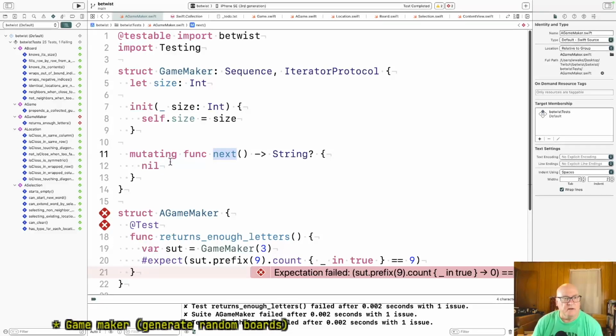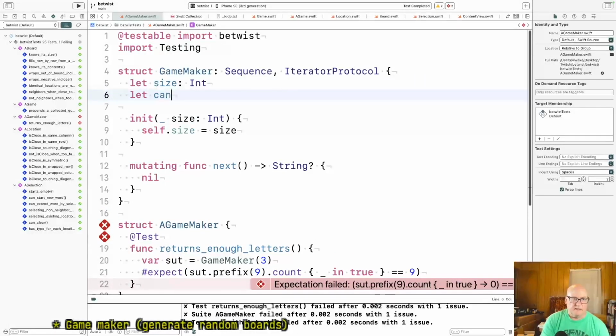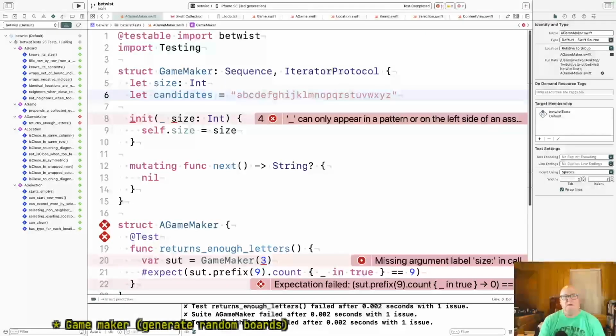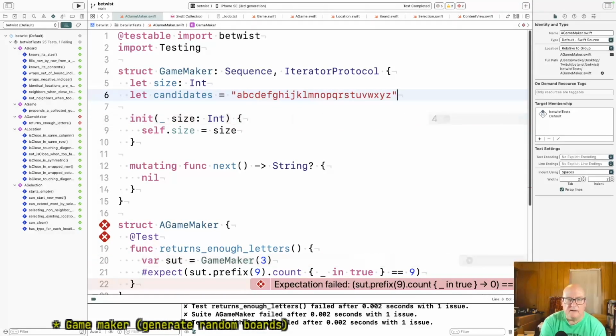Now, let's let candidates equal, okay. No, don't really want that. I think this is the